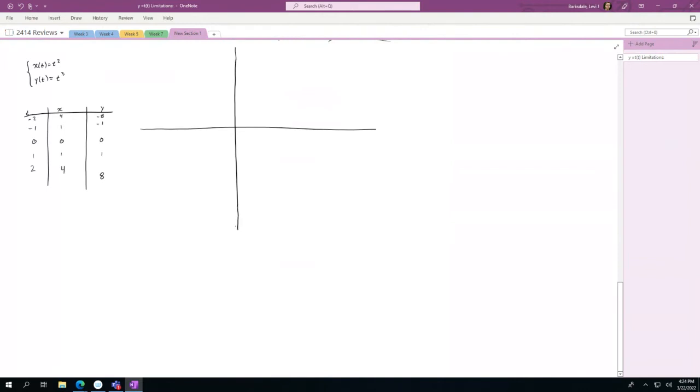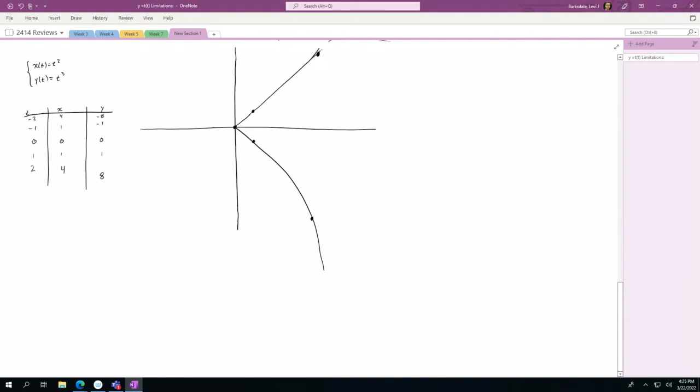Okay. So when t is -2, I have x at +4 and y down at -8. Then when t is equal to 1, I have x at 1 and y at -1. And then at 0, I'm at the origin. Then at 1, I'm at 1, 1. And then at t equals 2, I'm at 4, 8. And if I graph this out, I end up with something kind of like this,